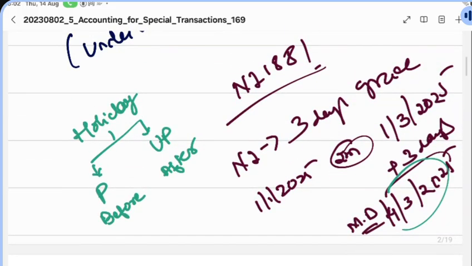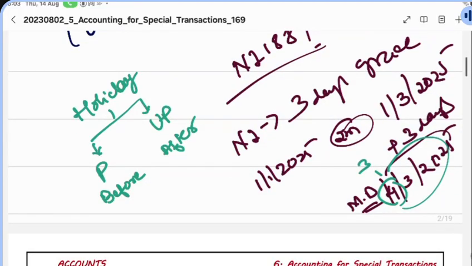We can tell now when banks will be closed during the Diwali holidays. We know, it is planned. In this case, if 4th is a planned holiday, then 3rd will be the maturity date. If 4th is an unplanned holiday, once the strike is announced, then it will be 5th.